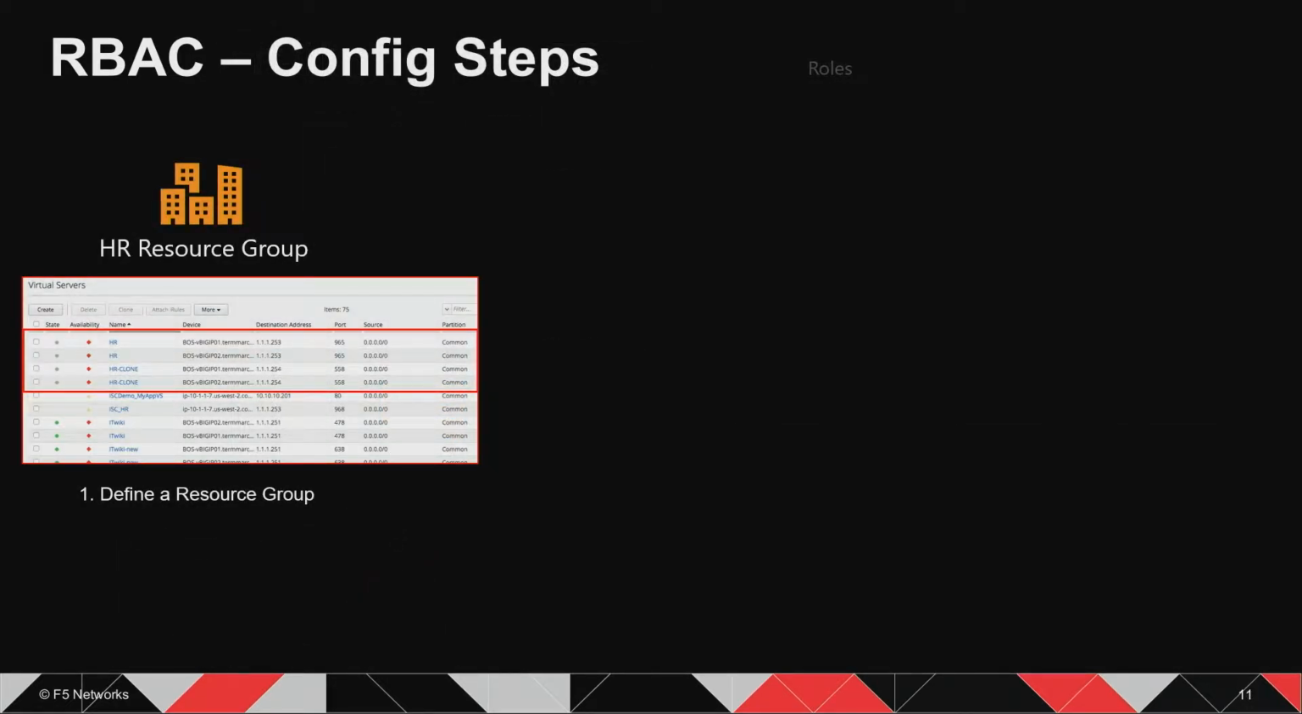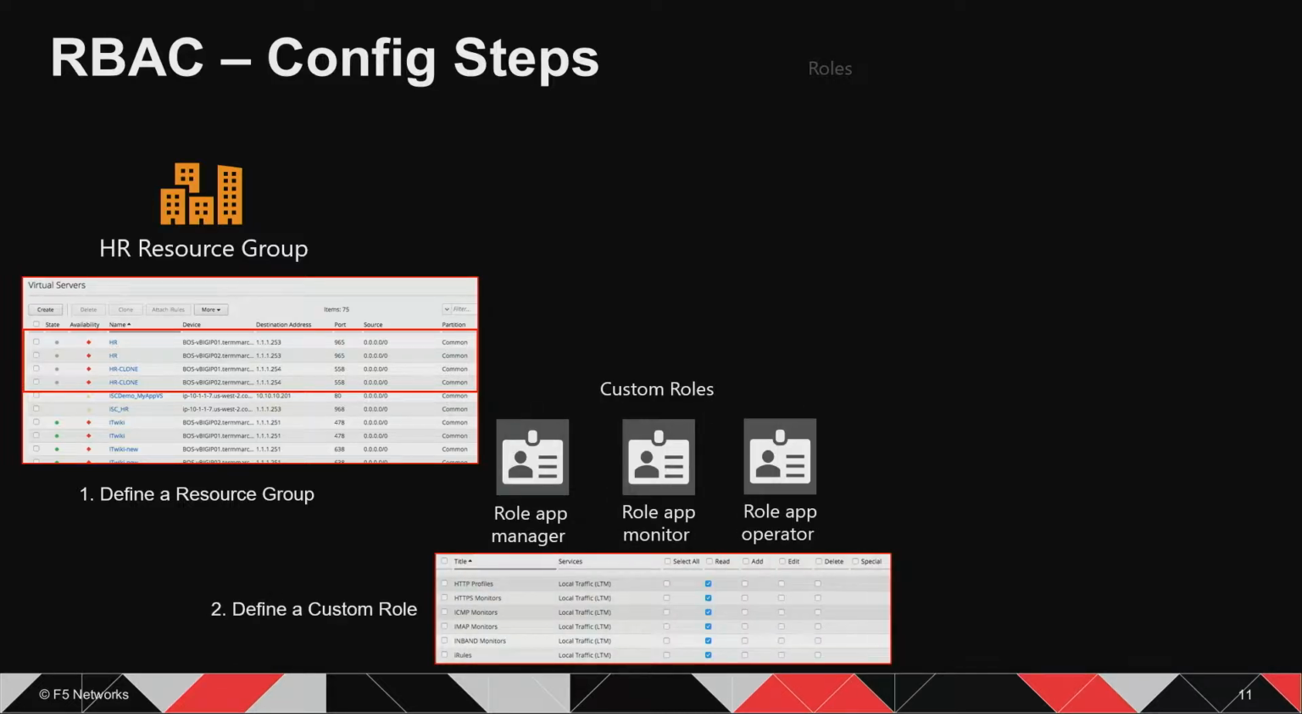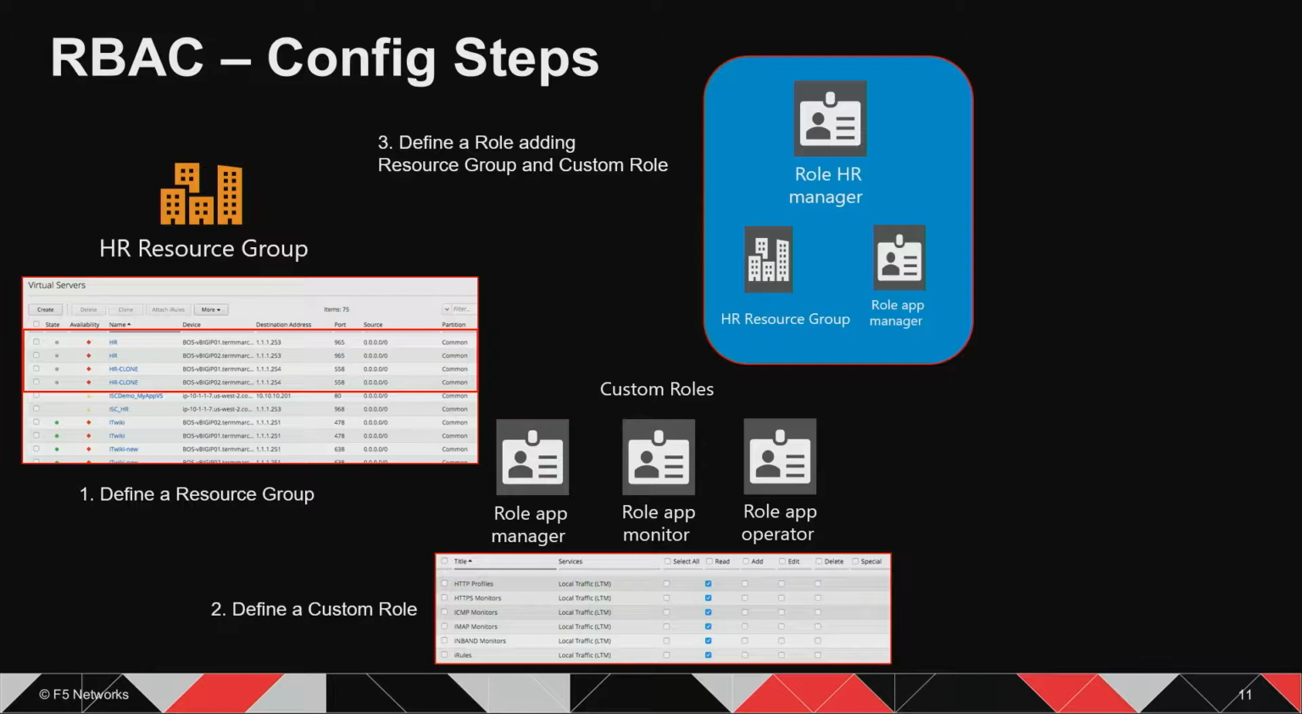And this is a high level of the configuration steps. So you want to define that resource group. In this case, it's a set of those virtual servers, and then define a custom role. I talked about this a little bit, and it's probably hard to see, but this is a list of the object types. It starts with HTTP profiles, monitors. It's a whole bunch of different monitor types, and this role type has been granted read access to all of those things. And then you tie that together, role type and a resource group get tied into a role, and then you grant